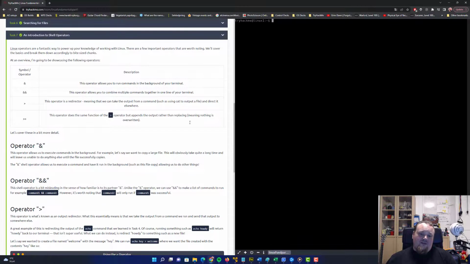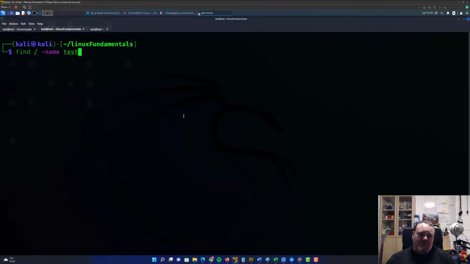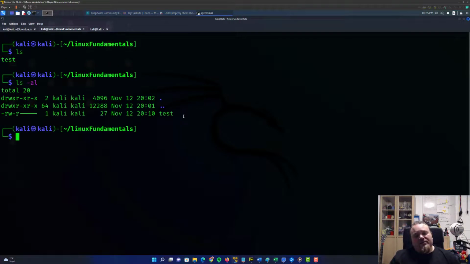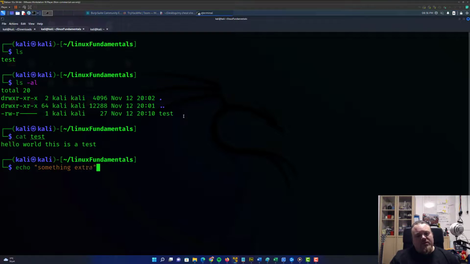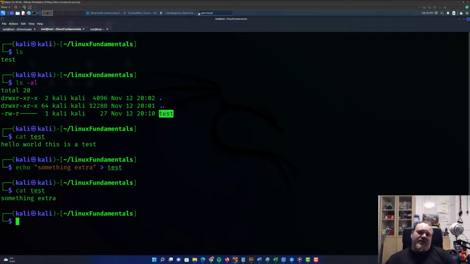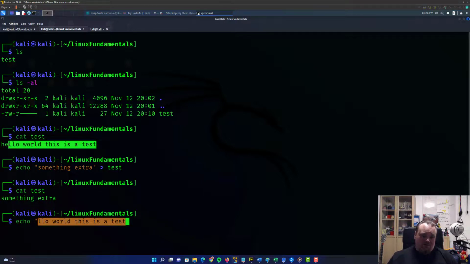And actually there's one more command that I would like to show you, just to make sure. Now you have the file called test, and let's assume you want to add something extra, and we learned that we can do something like that. If you do that and cat out the text, you will see that everything inside of it is gone. So what we could essentially do is add the old text back,